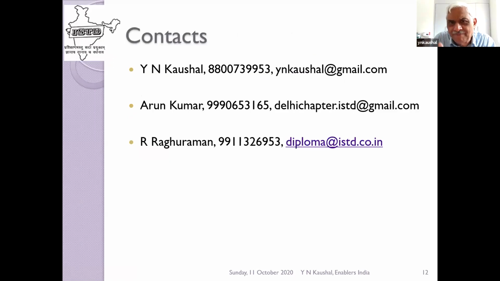these are the links. My phone number, my email ID, Arun's phone number, Arun's email ID, which is the Delhi chapter ID, and Raghuraman's phone number, which you have, and the ID on which he or his team will respond. In fact, Meenakshi and Sarita are also there, and depending on their convenience, they